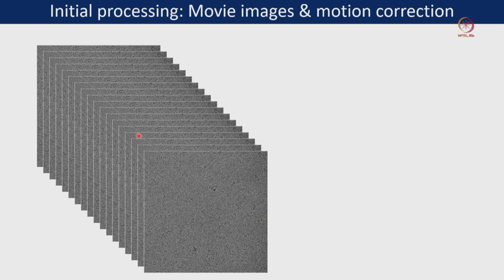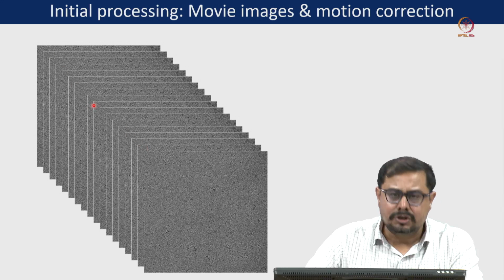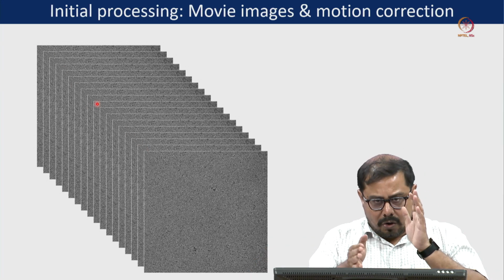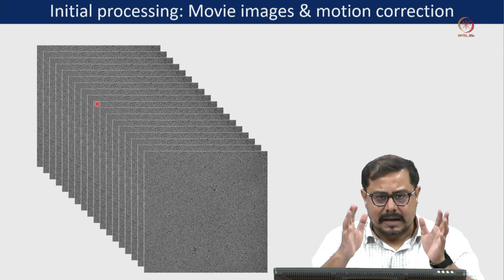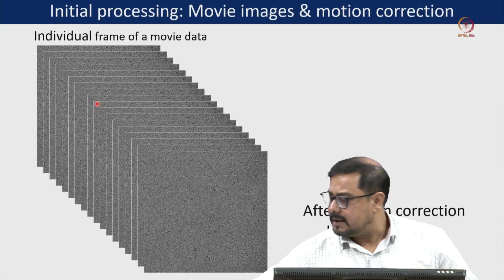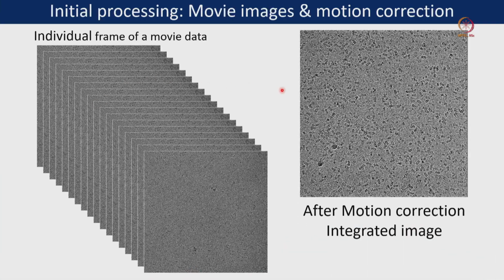As I mentioned that we collected almost 20 frames or 40 frames, and then we tried to correct the drift between individual frames. When we correct the drift between individual frames, finally when we corrected them, then we integrated them together, and then we are showing an integrated image. So, here you can see the first motion corrected integrated image, where individual protein molecules are clearly visible here. Those are the black molecules in a comparatively white background.